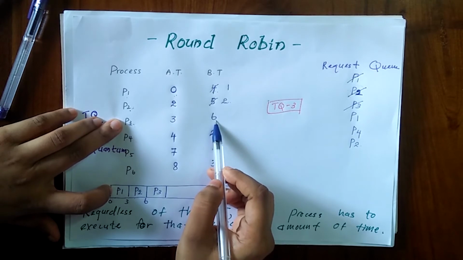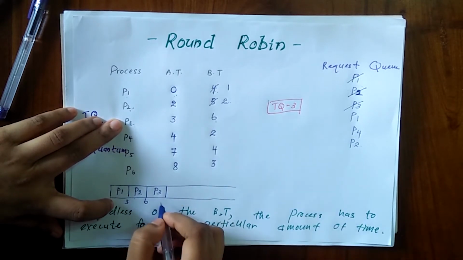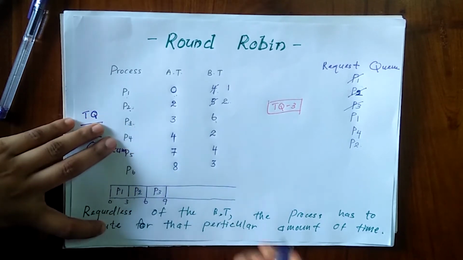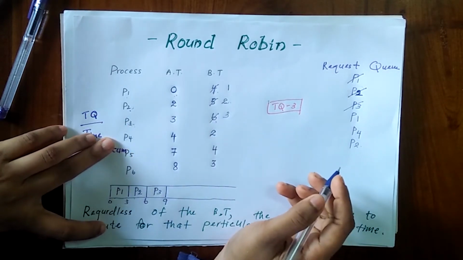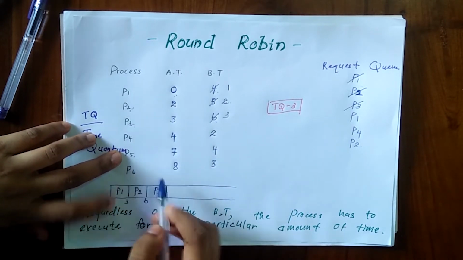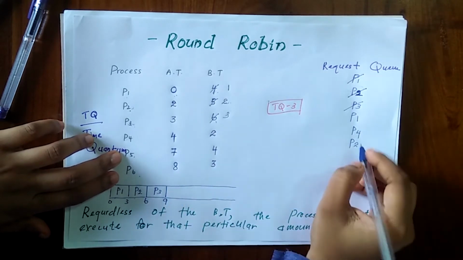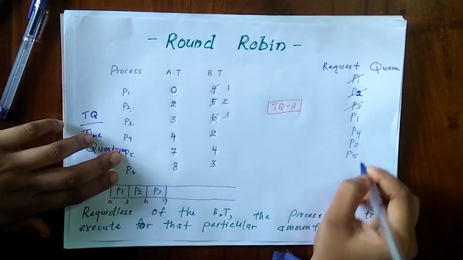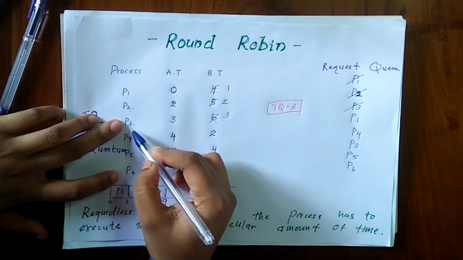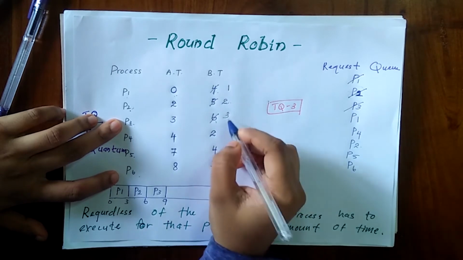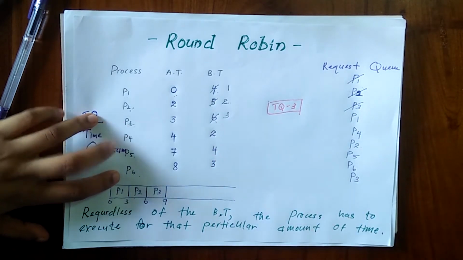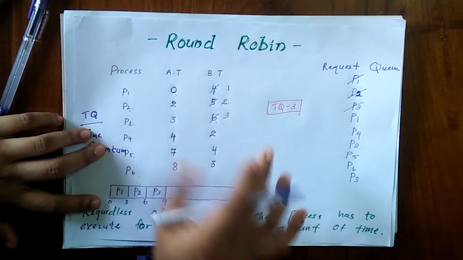So we cannot write 6. We are gonna place only 3. So 6 plus 3, it is 9 and 3 left. So within these 9 seconds, the remaining processes P5 and P6 also arrives. So we write P5 and then P6, right? And here then we place the P3 because it has 3 seconds left. P3, right? So we are done with all the processes, and now